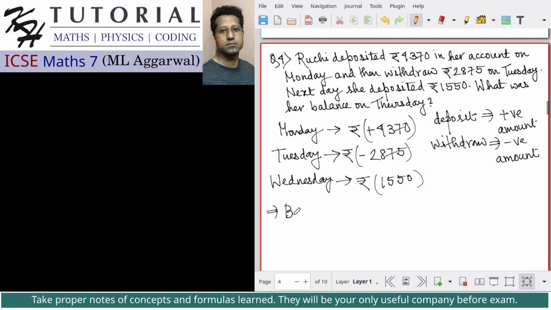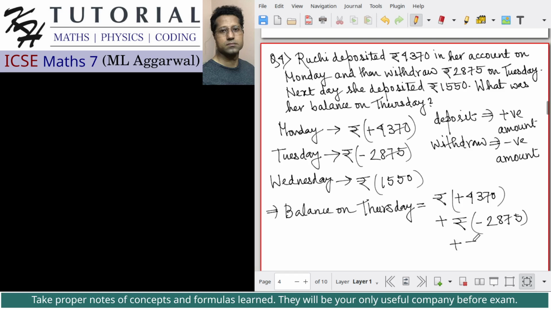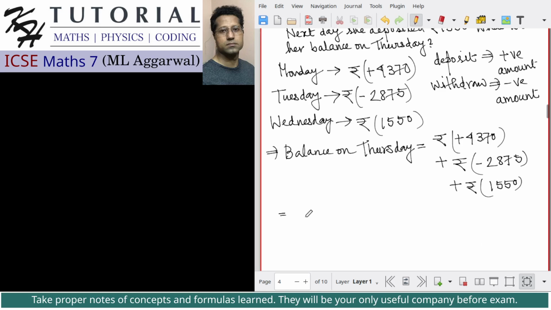So this implies that we will add up all these three transactions. Balance on Thursday will be equal to rupees positive 4370 plus rupees negative of 2875, and again plus rupees 1550. Okay, so this is equal to rupees. Now I will add up all the values of the money, that is positive 4370 means 4370 plus this is minus 2875, and again plus